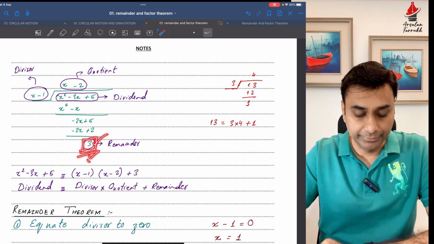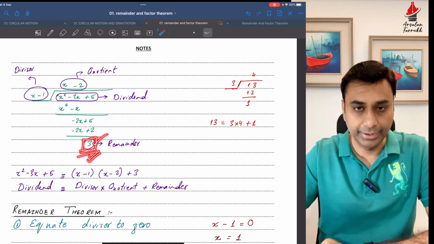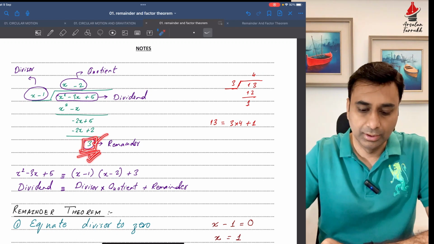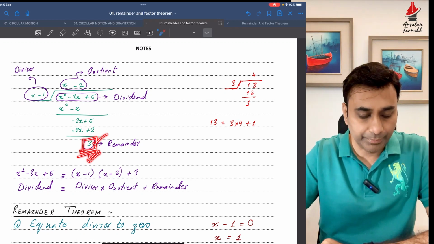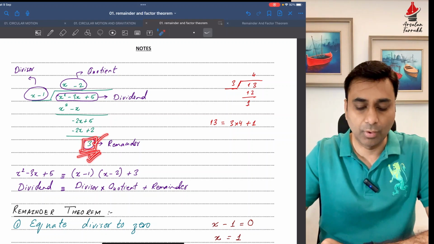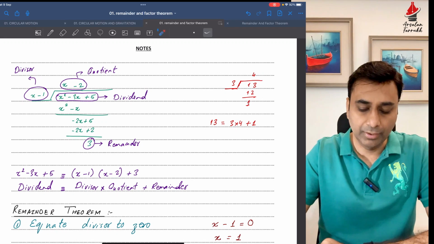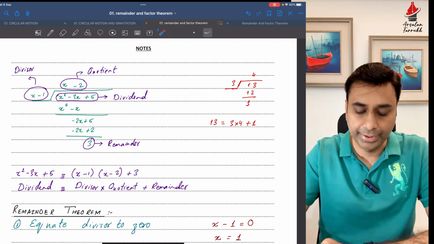A remainder theorem would help you identify the remainder directly, like it's a one-step process. So we will see how we use the remainder theorem to find out the remainder directly without doing the process of long division. But before that, just think about a normal divisibility, and let's say, for example,